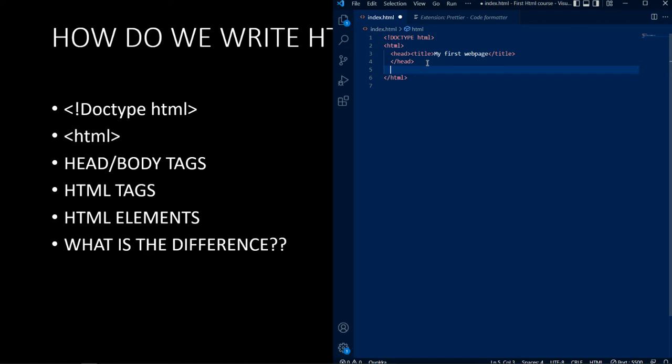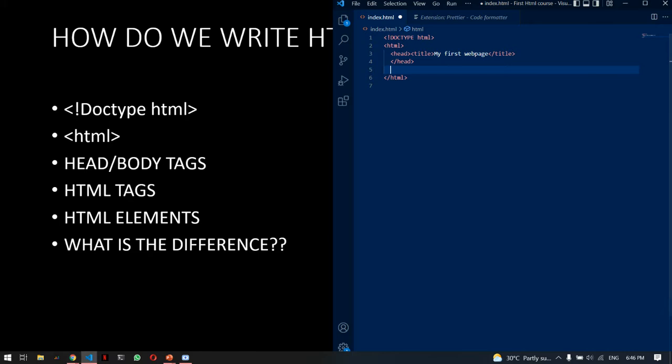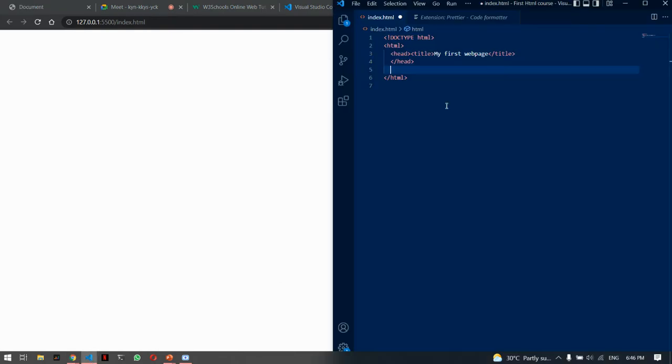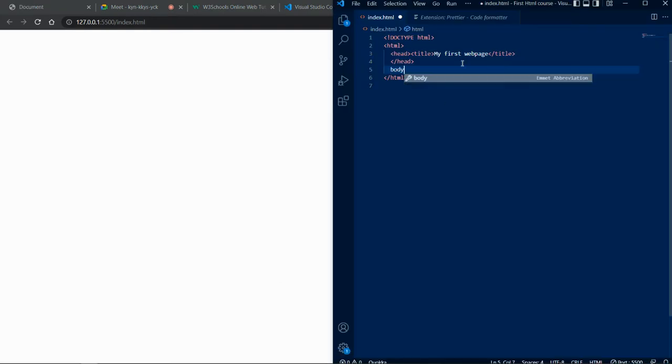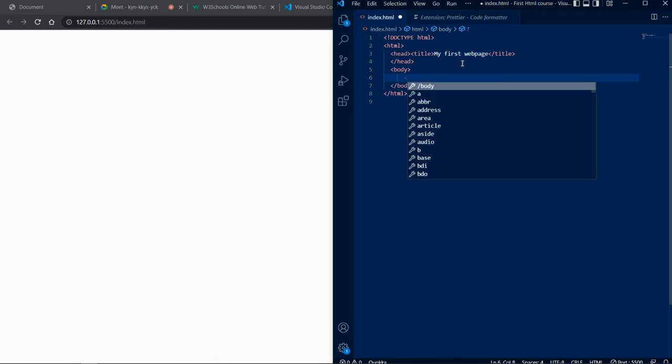That's the body tag. The body tag is basically the visible part of your web page. That's everything here. That's what the body part is. Once you write the body tag, the browser will know that this is what he wants us to display. So let's say we want to display